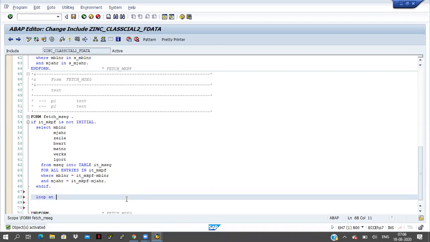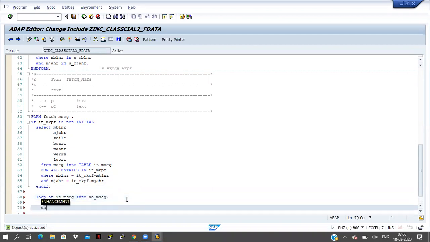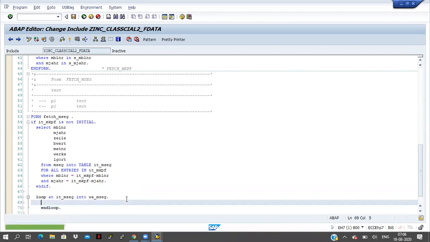Loop at IT_MSEG into work area WA_MSEG, end loop. In between that, I will pass the data to work area final. Work area MSEG final-MBLNR equal to work area MSEG-MBLNR. I am looping the item internal table, because whenever you are looping any internal table, we have to take the item internal table. That's why I am looping MSEG here.